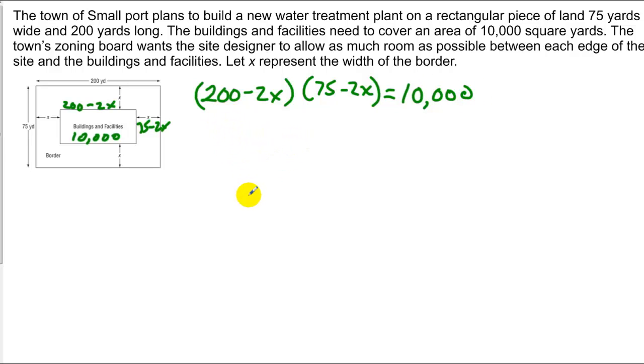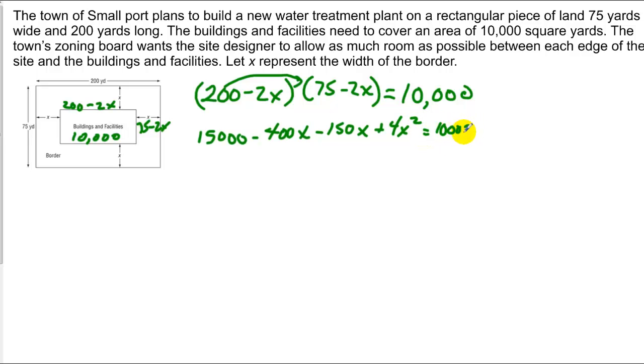So notice what I can do is I can FOIL from here. 200 times 75 gives me 15,000. 200 times negative 2 is negative 400x minus 150x plus 4x squared is equal to 10,000. Now this is a quadratic once again, so I'm going to need to set it equal to 0. I get 4x squared minus 550x plus 5,000